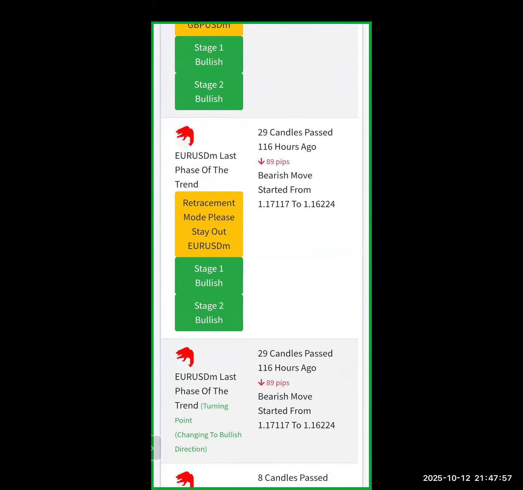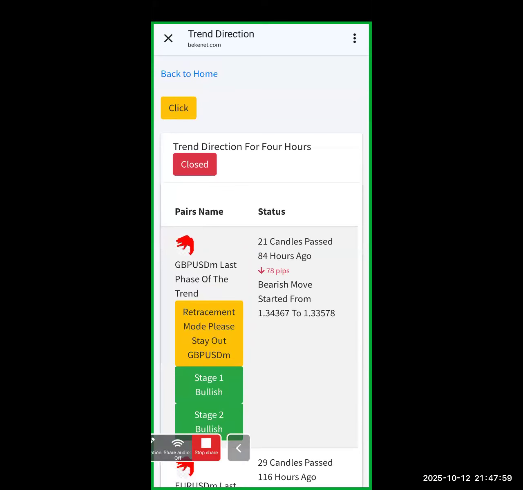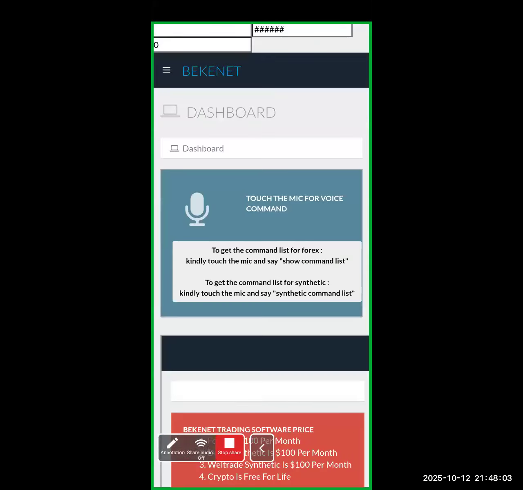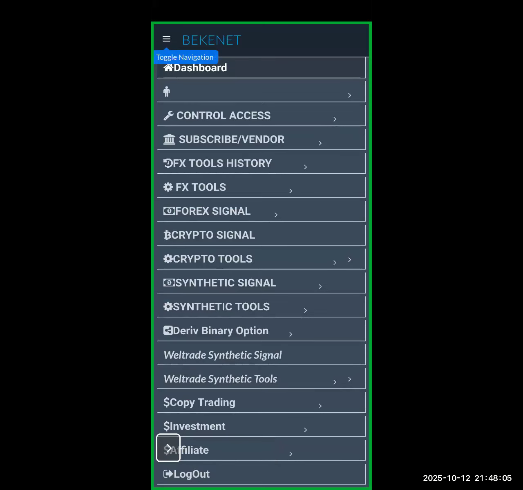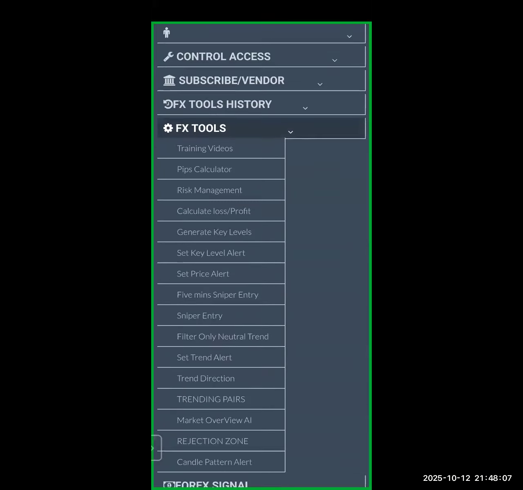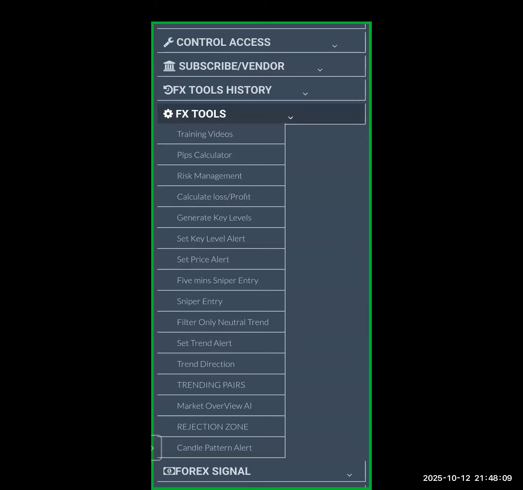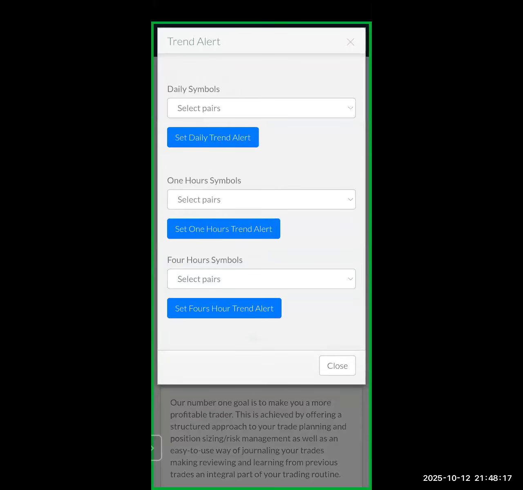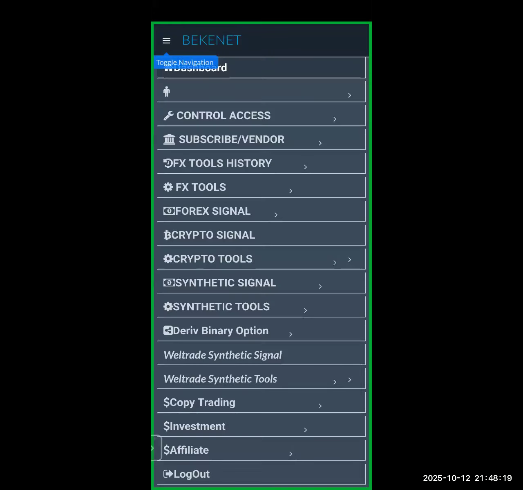Do you understand? To do that, I think I have covered some parts of this software. I've covered virtually the most important things that you need to know. And then apart from that, the forex tools, you have the risk management, sniper entry, you have the set alert. Now let me talk about this set alert. It is important for the professional trader in the building. Okay, let's go to the